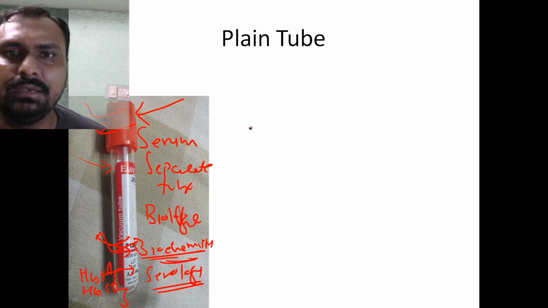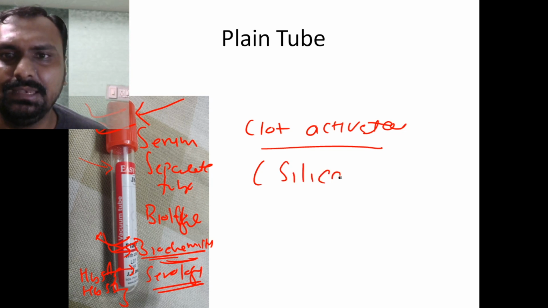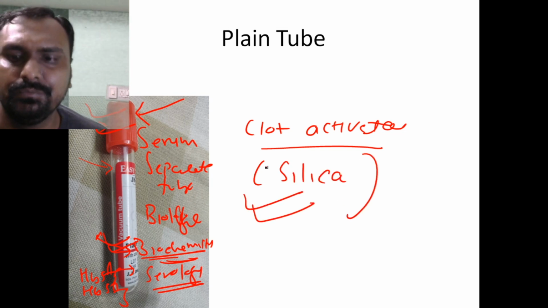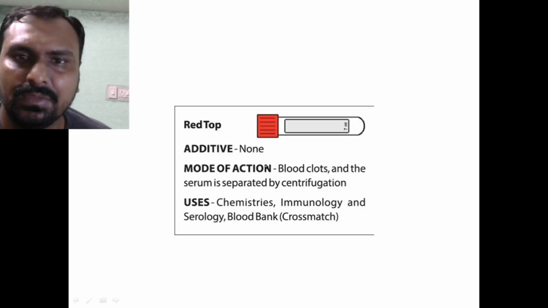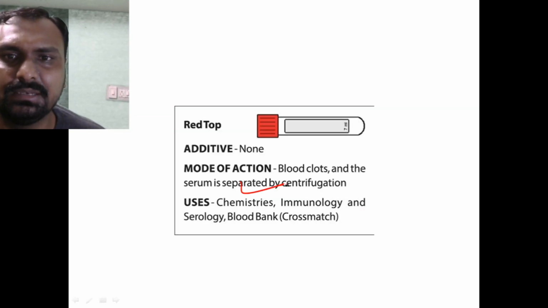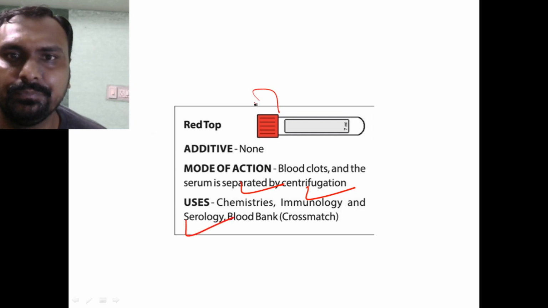Okay, and sometimes it has a clot activator, and mainly it is silica. If it is there, then it clots immediately, fast. So it is used in the chemistry, immunological, and serological tests. Red top. Right. So far we have seen that first we have to take the blood in the yellow cap,